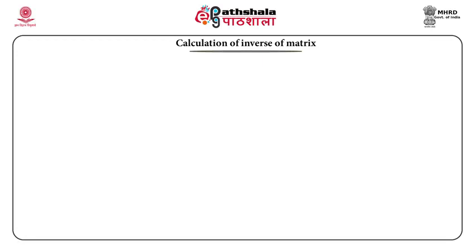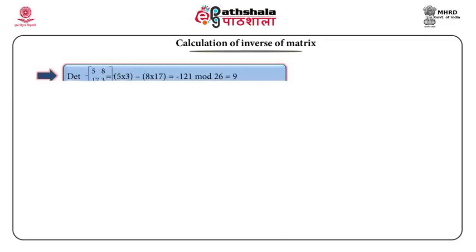So, if you look at my slide, I want to find the determinant of the given matrix. Row-wise, the first row is 5, 8 and the second row is 7 and 3. Now, to compute the inverse, we need to do (-1) raised to i plus j. This time a11 is in our mind. So i is 1, j is 1. So (-1) raised to i plus j, that is 1 plus 1, 2. So it becomes 1 because (-1) squared is 1.